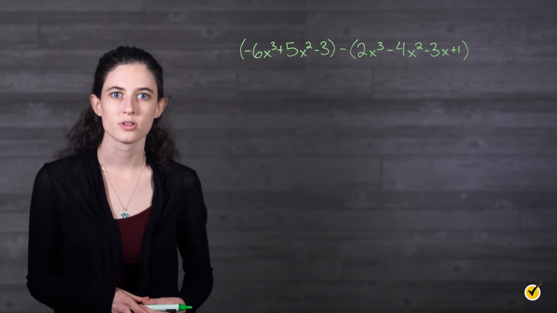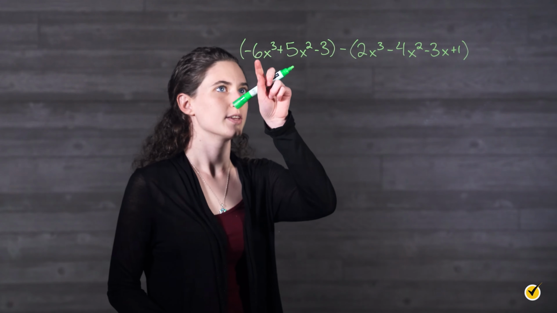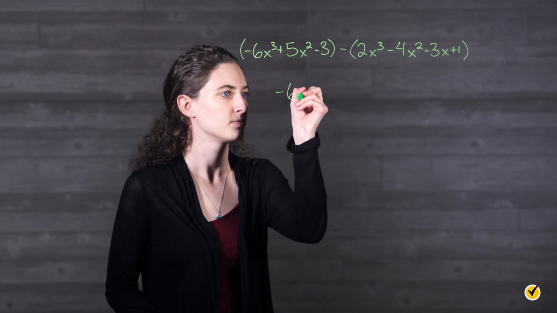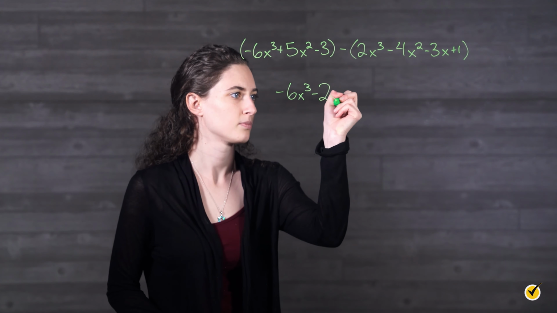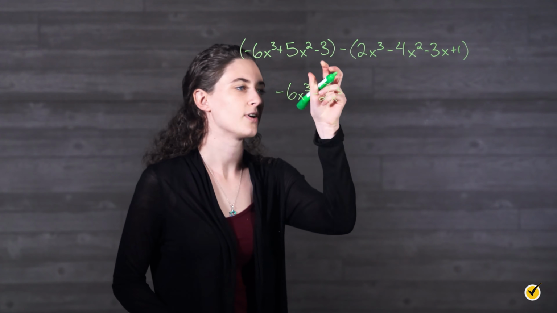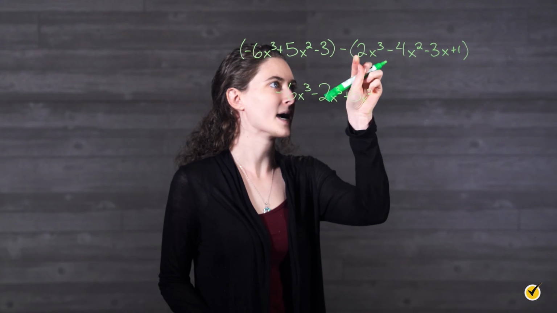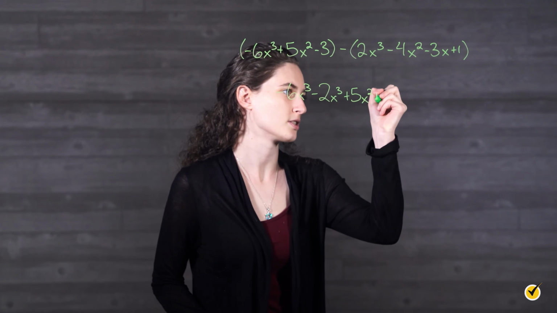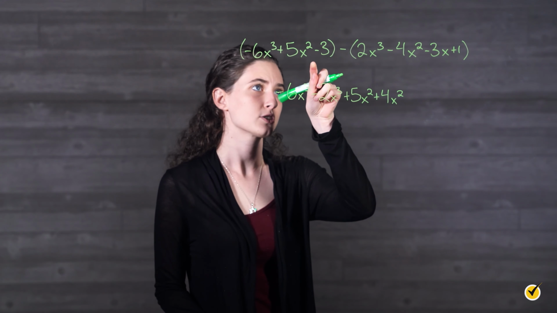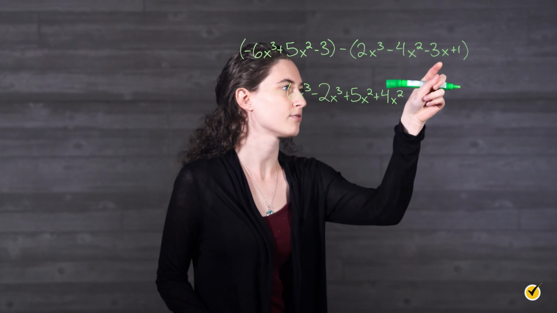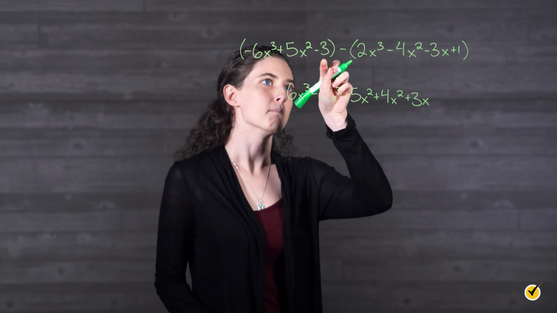First, just like before, let's combine our like terms so we can simplify them. So we have negative 6x cubed minus 2x cubed plus 5x squared minus negative 4x squared, which turns into plus 4x squared. Over here we have no x term, so 0 minus negative 3x, which turns into plus 3x. Minus 3,